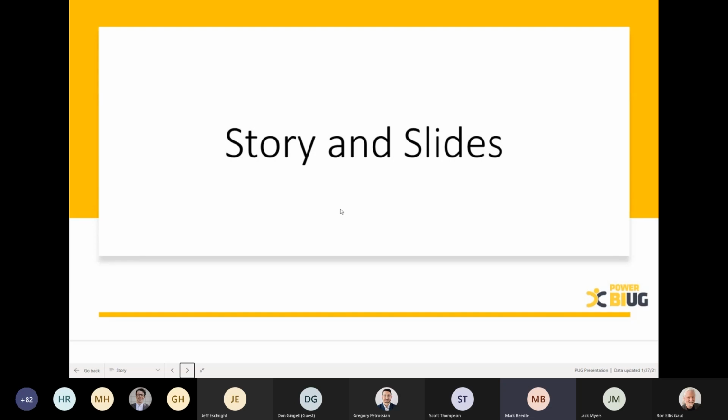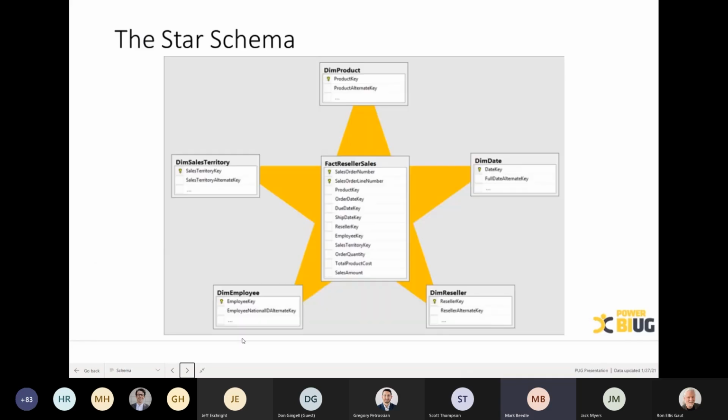So I built out this presentation to walk through how we build a data warehouse, how we build a star schema when we're waiting on the BI team to deliver this data warehouse, right? So that's our story. Now let's dive into our next Power BI report or slide, however we want to call it. So let's talk about what a star schema is.